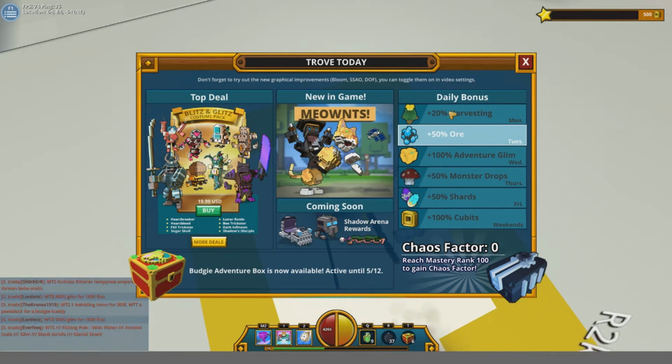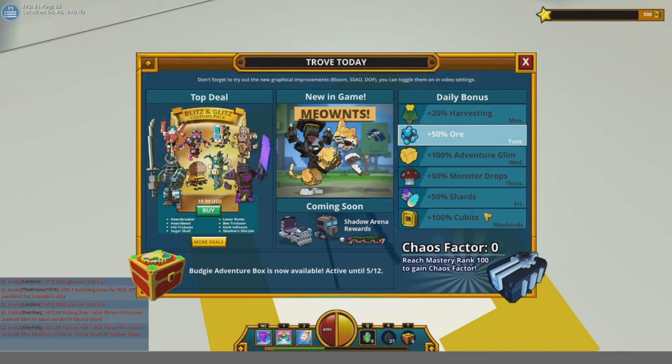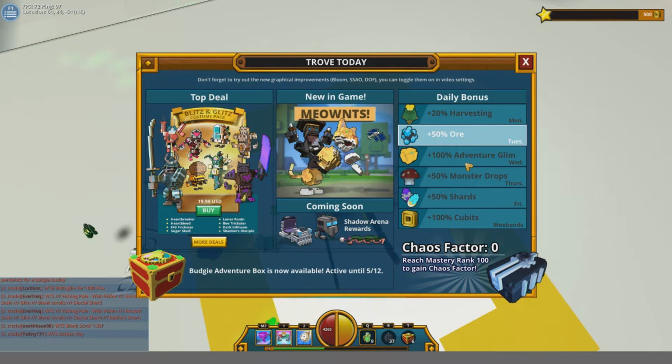Because, as you can see on the right, another thing that they've added was daily bonuses to every day except for the weekends, or in addition to the weekends. They've added harvesting 50% ore on Tuesday, 100% adventure glim on Wednesday, monster drops Thursday, shards Friday, and then they still have the double qubits on the weekends. But they're actually showing you what's for that day in case you forget and you don't have to go back